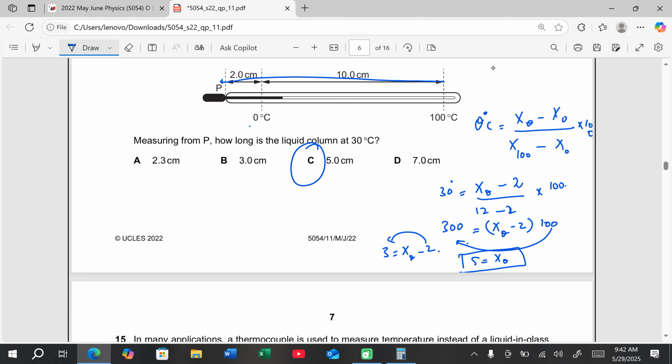There is one problem here. From 0 to 100 it is given 10 centimeters. So